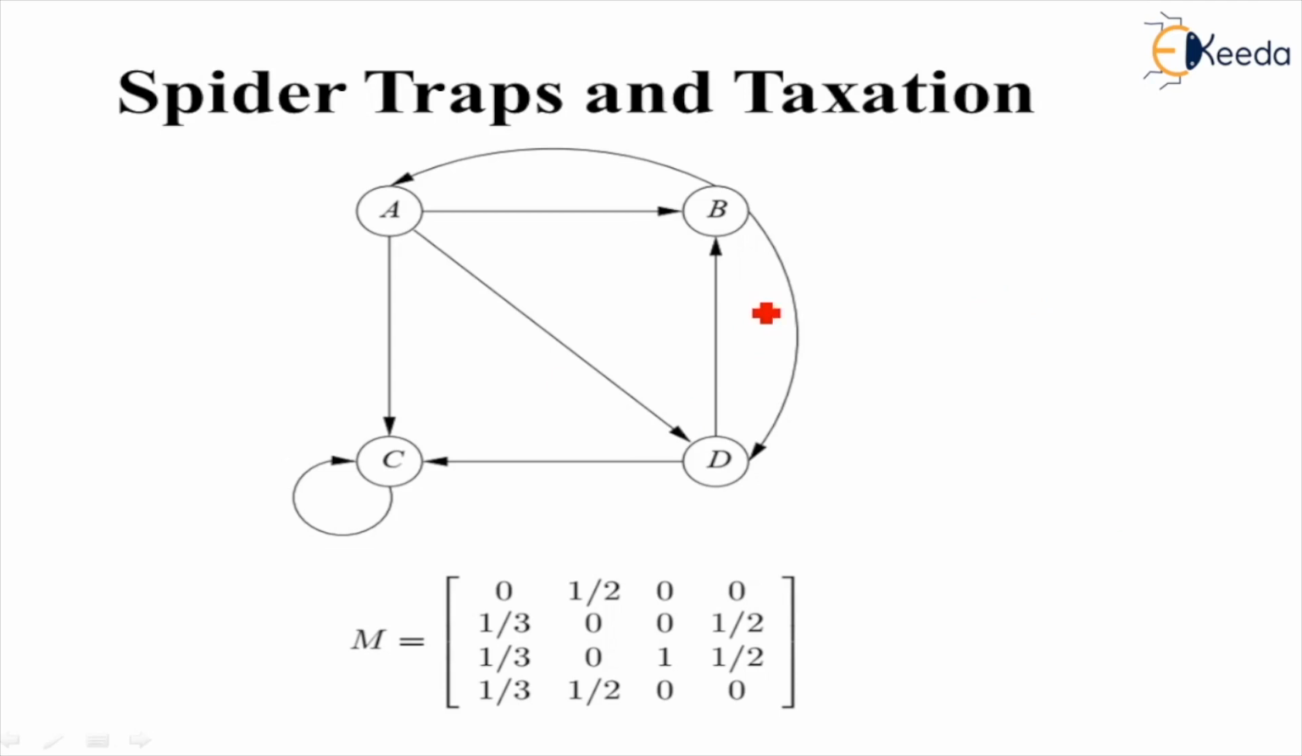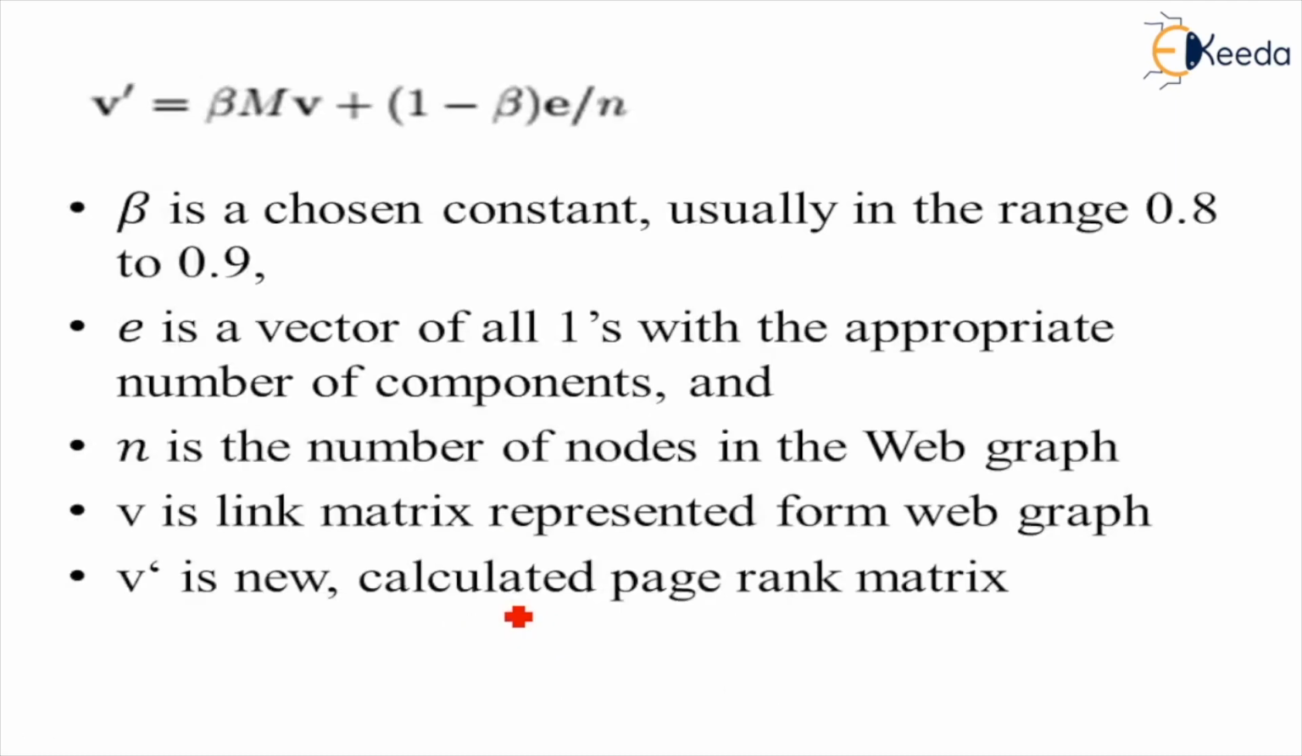We have a graph which consists of 4 nodes A, B, C, D and C is our spider trap. The corresponding matrix will be drawn, for A having connected to B, C, D. So we are taking 1/3, 1/3, 1/3 and there is no self loop, so we are taking 0. Same numerical we are continuing. So we will use some teleport